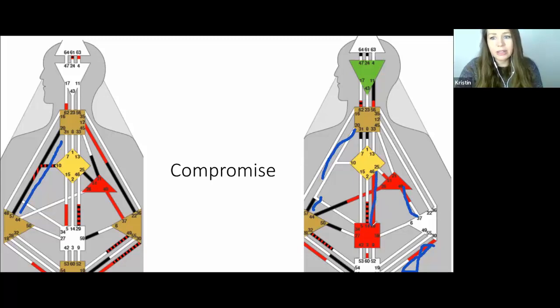The 40-29, 46-29. That's a compromise. And so you can see, oh, the 25-51 is also compromised. They have the whole channel on the left. And so imagine a dad that's a manifester that has a closed aura, and his daughter is a generator, and she's open. And she's like, "What, Dad, why aren't you being open with me?" You know, on an energetic level, she senses that there's this closeness to him. He's closed off. You know, and it can be very painful if you don't understand what's going on.